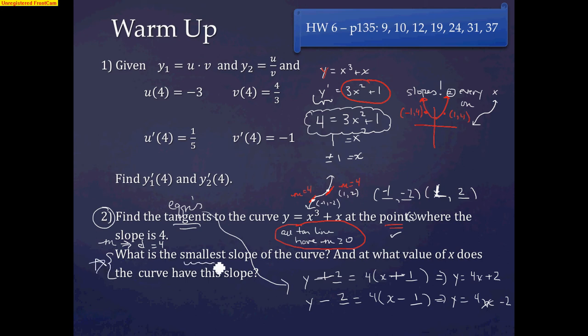Now let's go back to this. What is the smallest slope on this curve? The smallest slope on the curve is, if all the slopes are tangent, or are positive, remember we said that here, and then look at the graph of the derivative, look at the range. What is the range of this parabola? The range of this parabola is the y coordinate of the vertex to infinity. So what is the smallest? But remember, since this is the derivative, this is actually y prime values. What's the smallest y prime value? The smallest slope